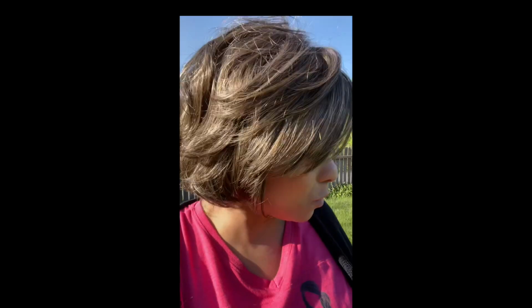So I wanted to come on here and really show her out in the natural sunlight, to show how gorgeous this color really is. The dimension is stunning, and I just wanted to remind you, if you haven't checked out this style in a while, this is Charlotte, but if you haven't checked out this color